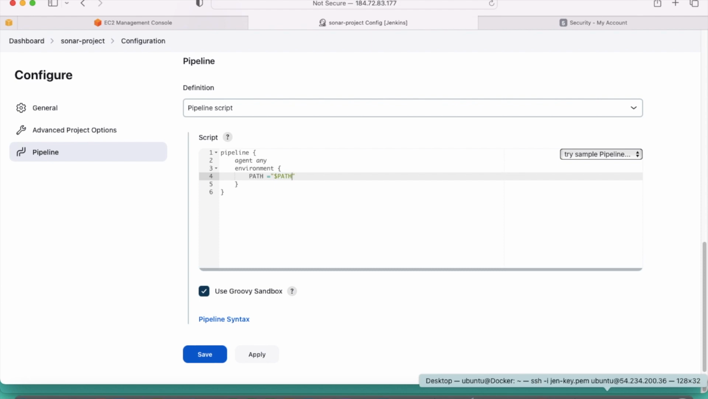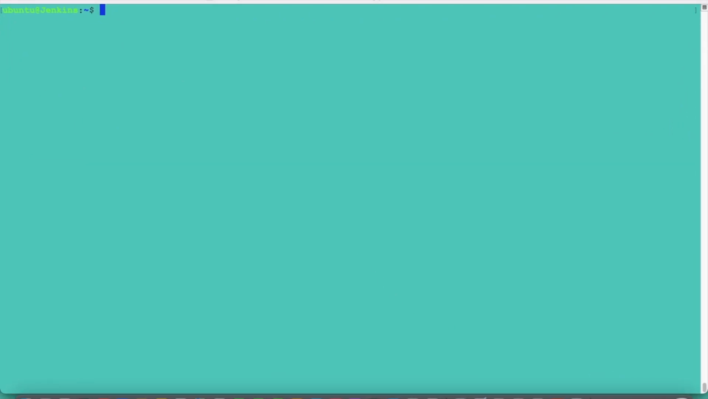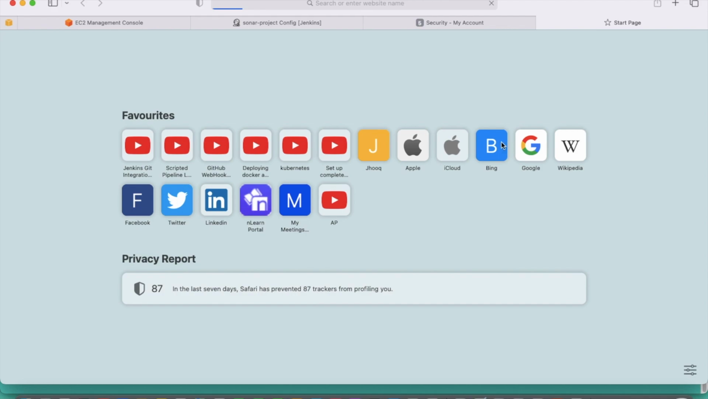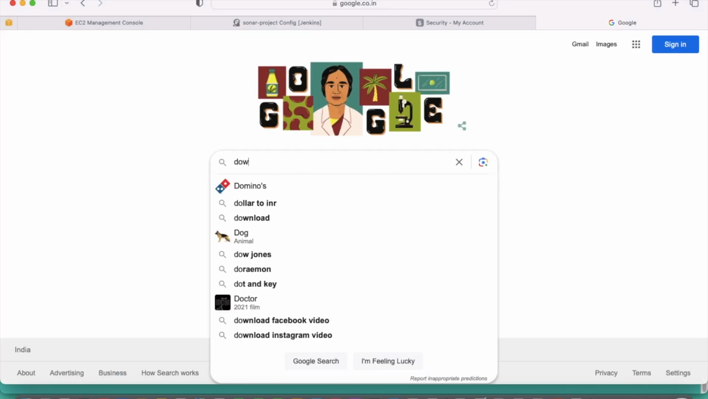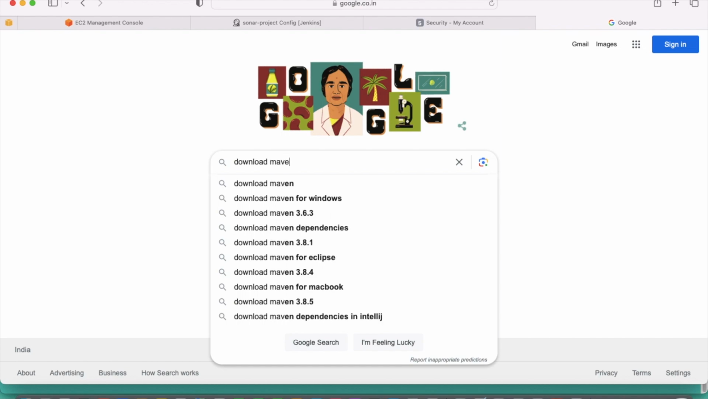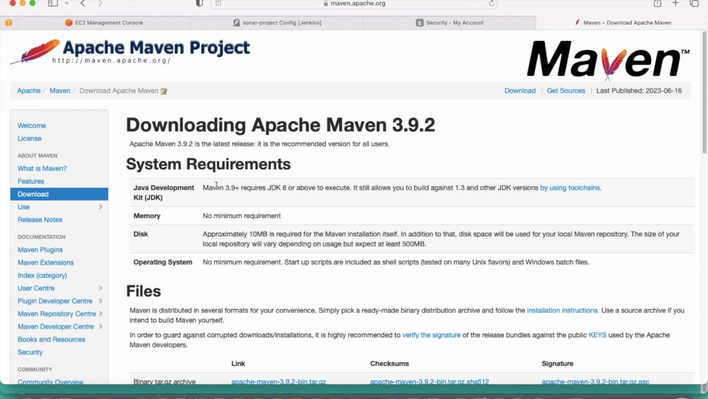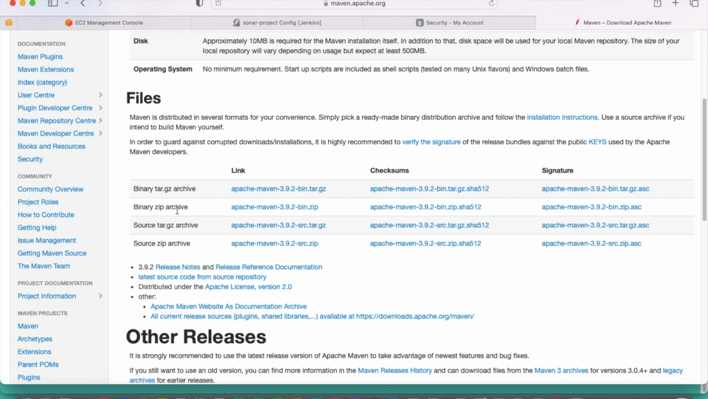Okay, so first go to the Jenkins server. This is our Jenkins server. So just check the Maven version. I don't think Maven is there, not found. So we have to install it basically. So what we do, just go to the official site of Maven. Download Maven. We will take the binary zip file. So copy the link